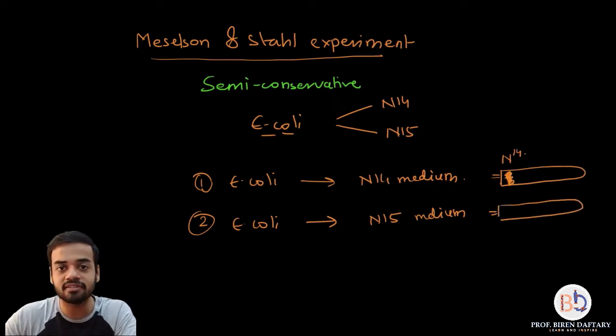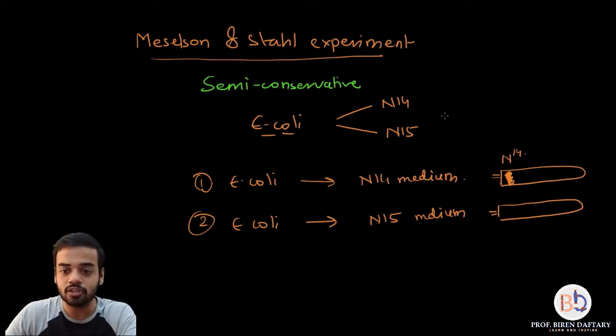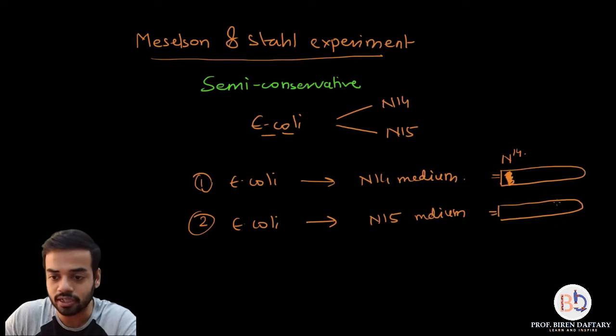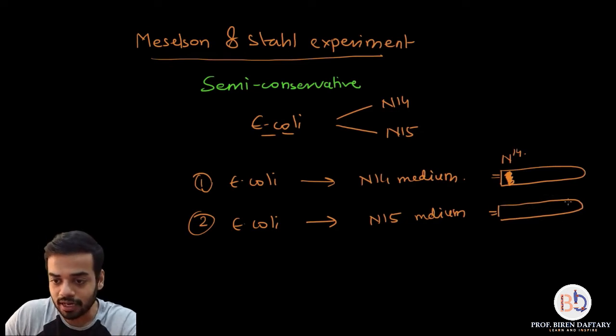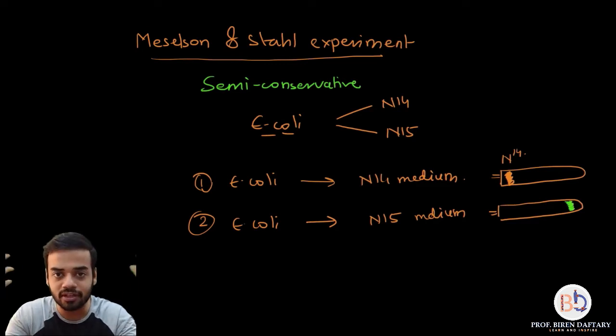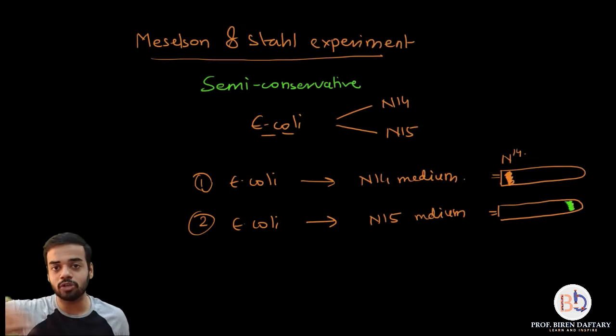So these bands are basically the bands where the DNA is present. Okay, so it is that gradient in which the DNA is present and it is at equilibrium, that is the band. So when they did this, I'm going to show a different band for N15, a different color, and I'm going to show green color. So this band was somewhere near the bottom, but that is common sense because N15 is a heavy isotope of nitrogen. Obviously the DNA will be heavier, so it will be towards the bottom after centrifugation.